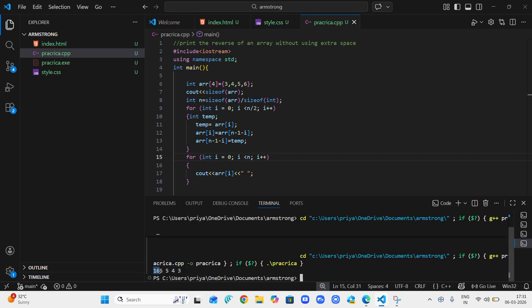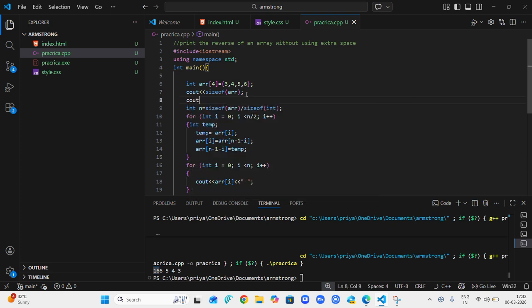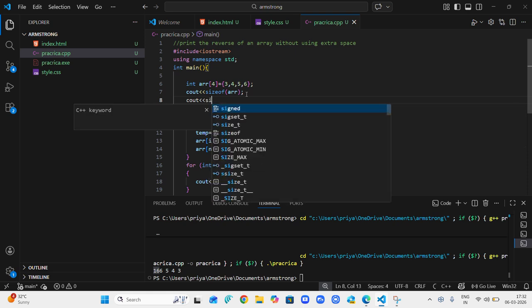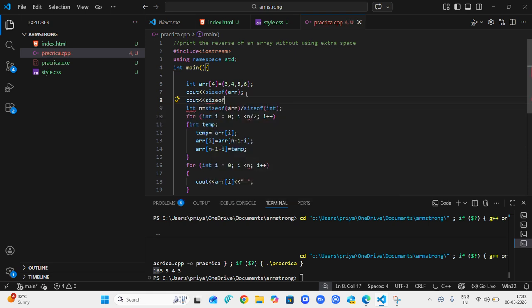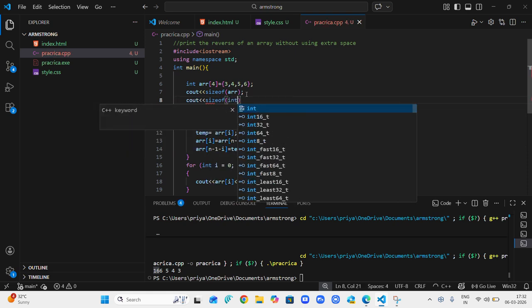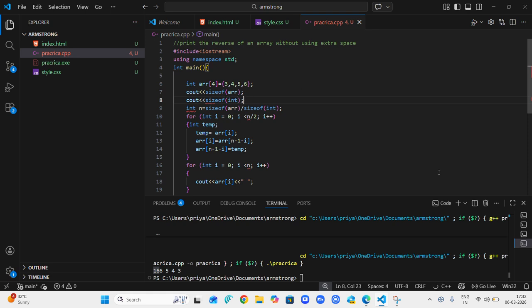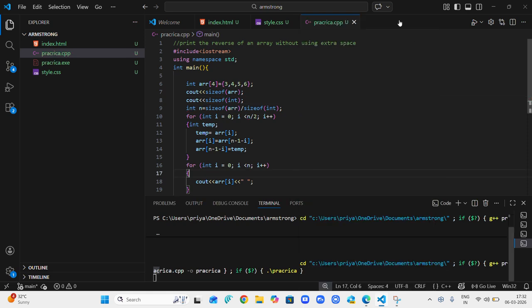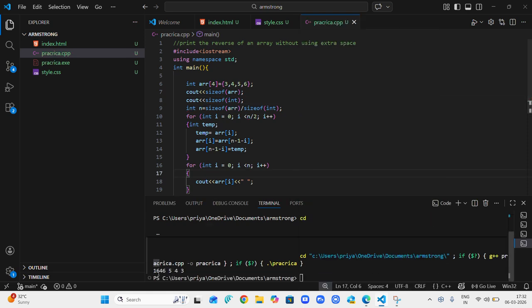Here 16 got printed, so size of array gives you 16. And now I'm trying to print size of int. Now 4 gets printed besides 16. I have not added space, and I don't want to waste my time on that right now. And here it is 4.